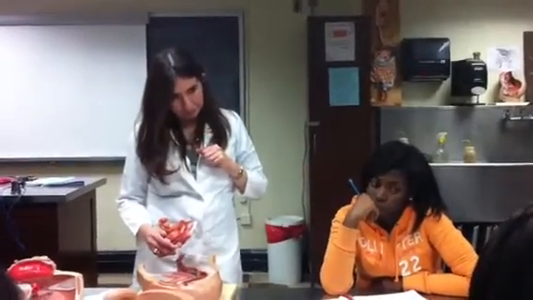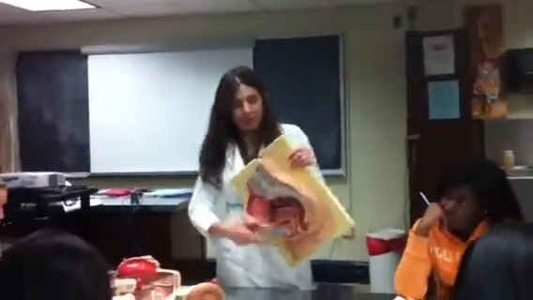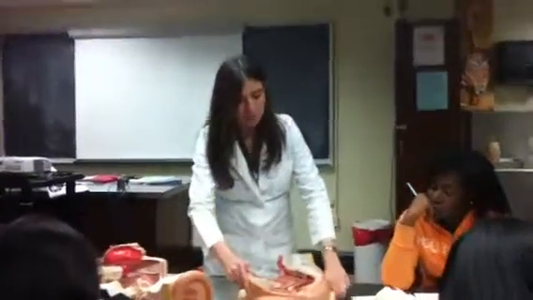What is the round ligament? The round ligament is this yellow ligament that connects the uterus to the anterior abdominal wall. Any other questions? Okay. Let's now look at the male reproductive